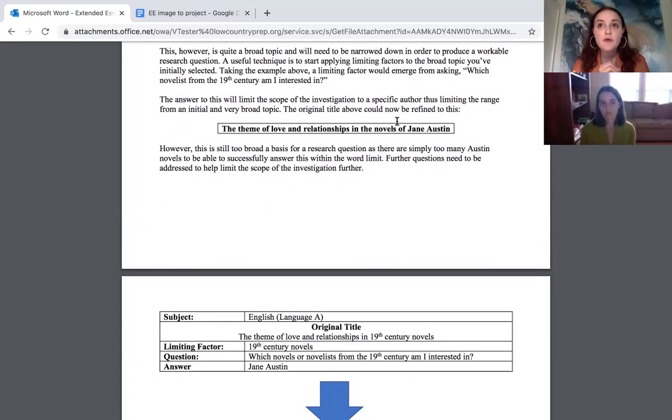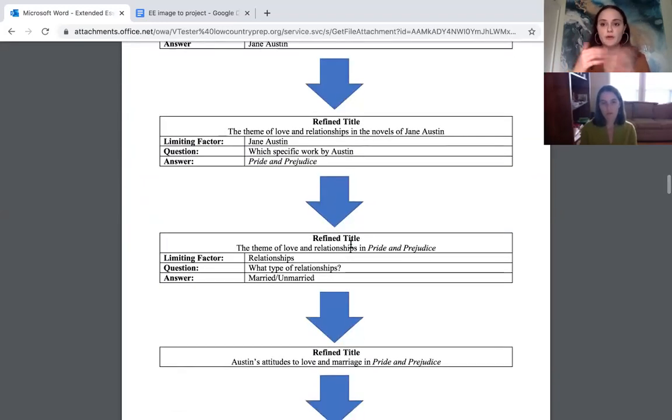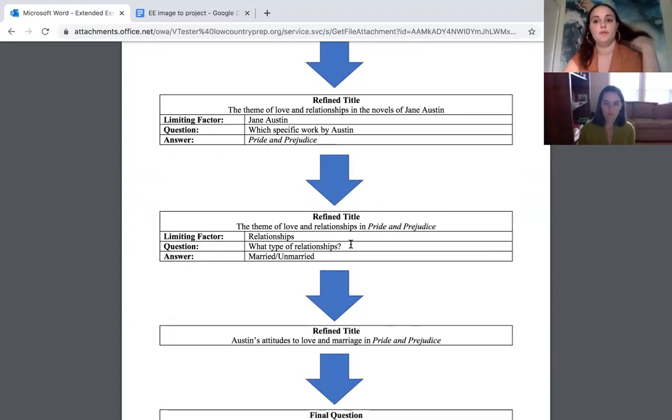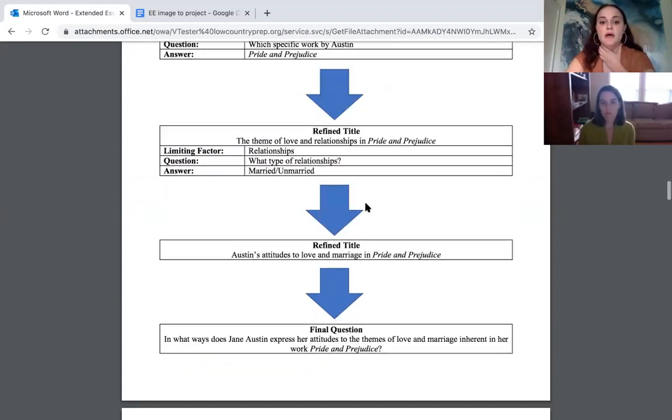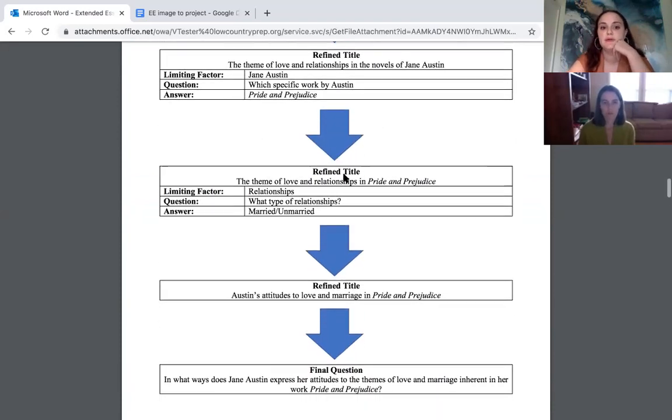And you guys know that that's going to help you, because we've talked a lot about how thesis statements have to be specific. So the more specific your question, the more specific your thesis. The more specific your thesis, the more credibility your research paper has. Okay, so again, I will walk students through this in detail when I give them this form, but this is just it really broken down. So you can see how it keeps being refined.